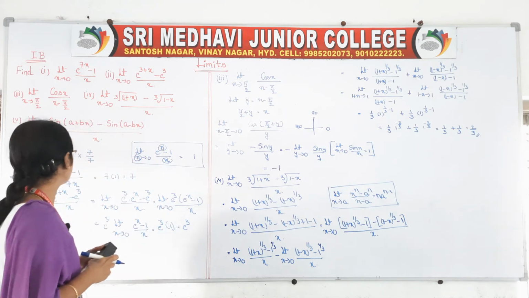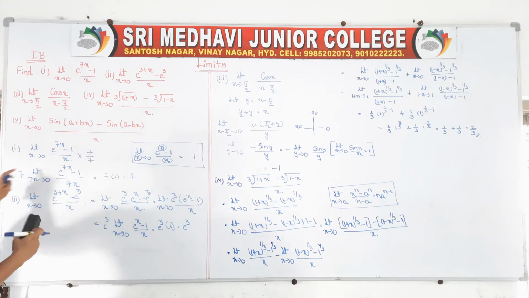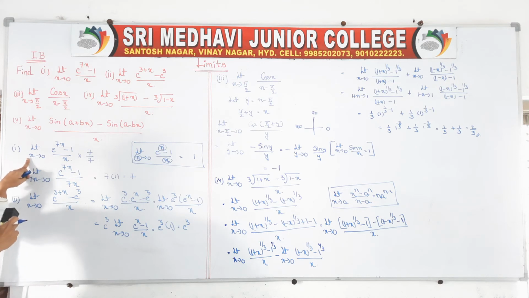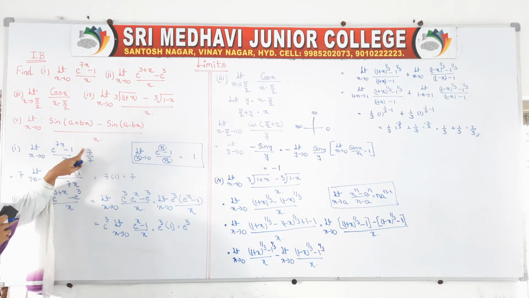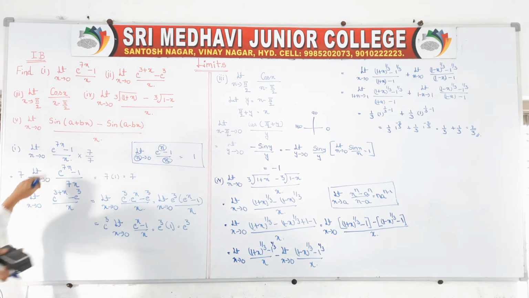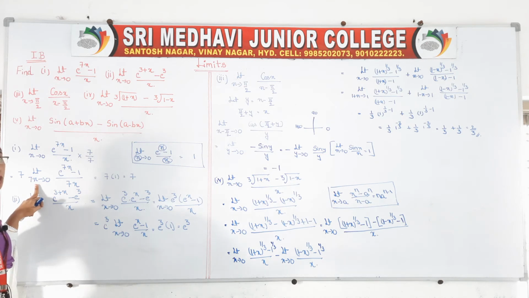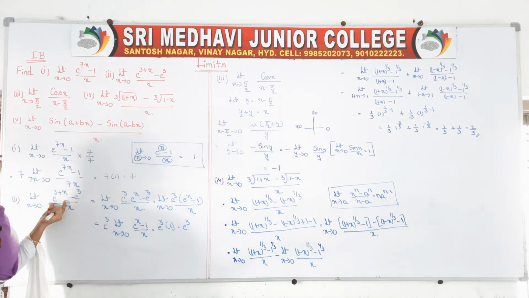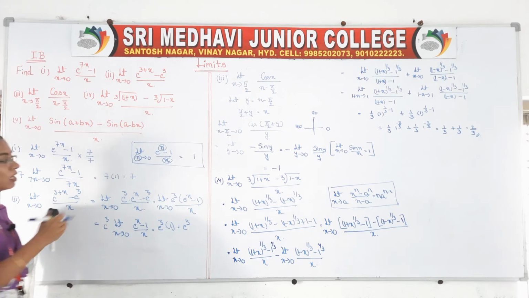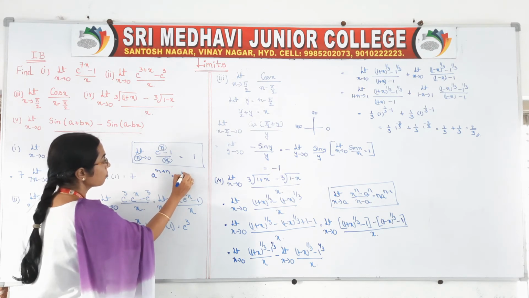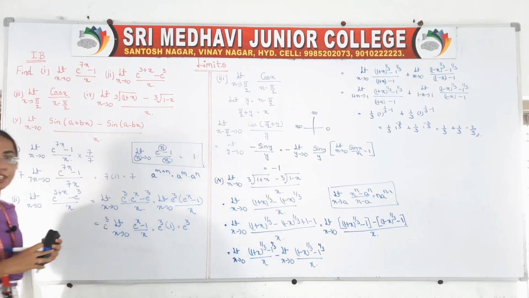Okay, so now come to your fifth question. I think this is very simple, clear. Here we need 7x, here we need 7x, so that's why multiplying and dividing with 7. And here if x tends to 0, x value is 0, 7x also tends to 0 only, 7 into 0, 0 only. In this problem we have taken e to the power of 3. We applied the formula: a to the power of m plus n can be written as a to the power of m into a to the power of n form.